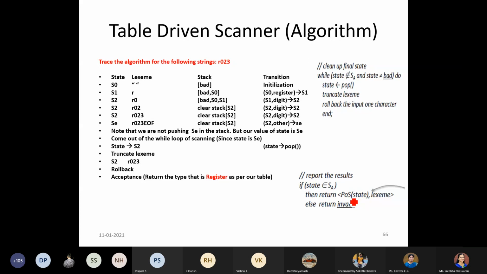Based on that, you have 2 loops. One loop is for reading the contents, character by character. The second loop is for rollback, just to make sure whether you had come across the accepted state at least once, or never. That's why you have 2 conditions with a logical operator, just to make sure whether you had come across any final state and it's not a bad state.